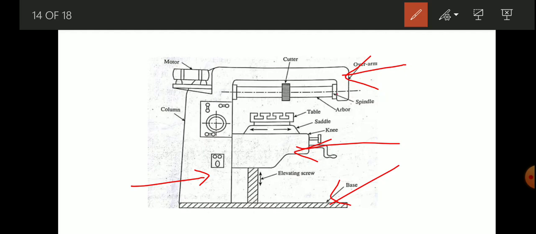Overarm consists of spindle and it is connected to arbor. Arbor is used to hold the tool or milling cutter. Knee has a saddle which moves forward and backward, onto which a table is placed. Elevating screw is used to lower or raise the knee.